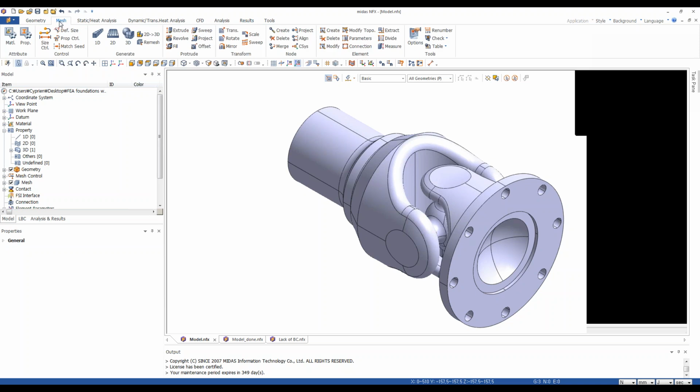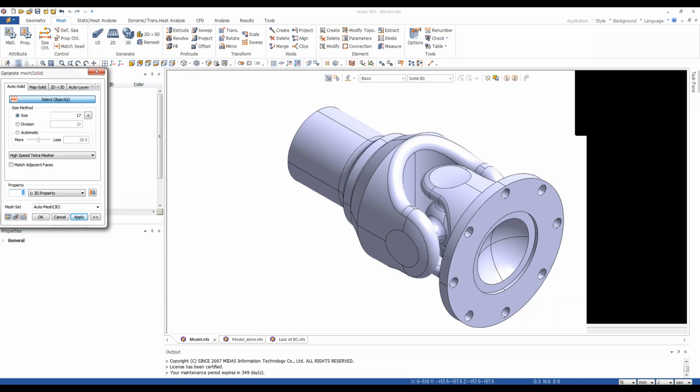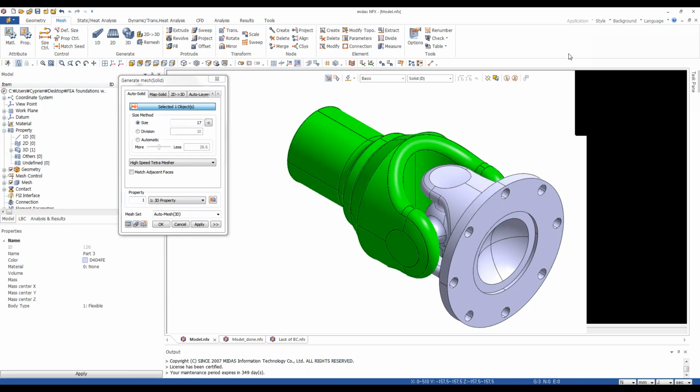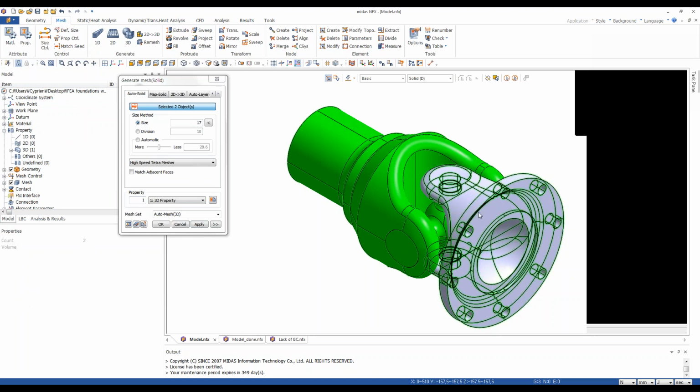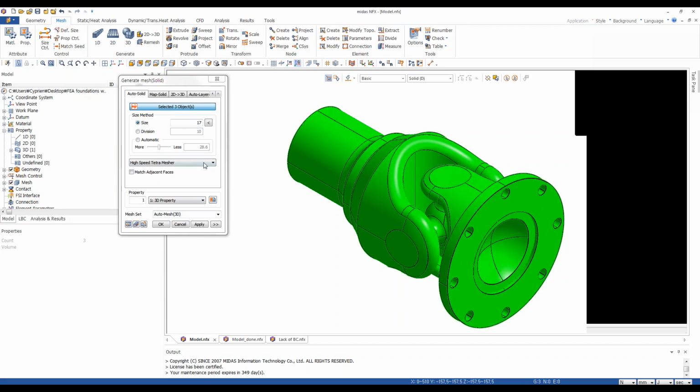So a mesh will be created automatically. To do that, I'm clicking on the generate, and I will select all of the parts. So I'm selecting part to the left, cross, and the third part. As the size, I'm specifying the size of the particular element, and this will be 10 millimeters. And I will use high-speed tetramesher. This is the best, the fastest, not the best. Actually, this is the fastest way to create mesh for your assembly. So let's click on this,